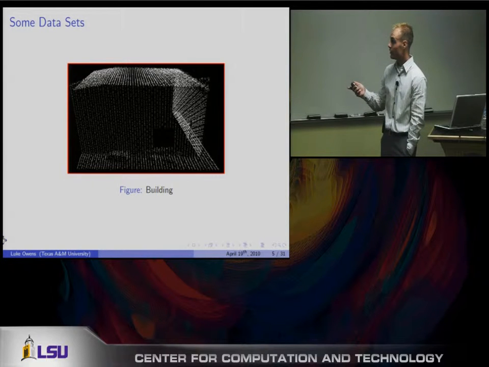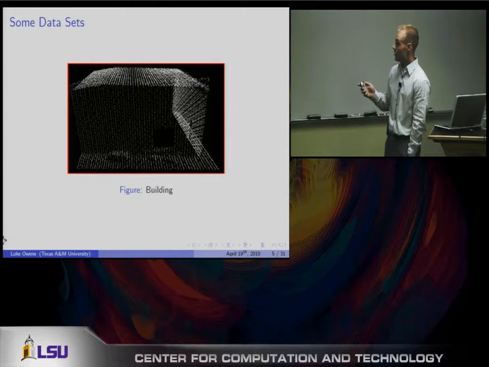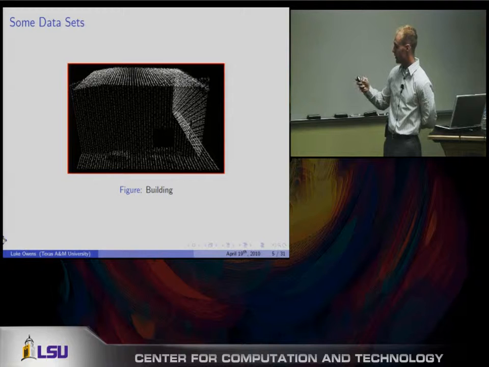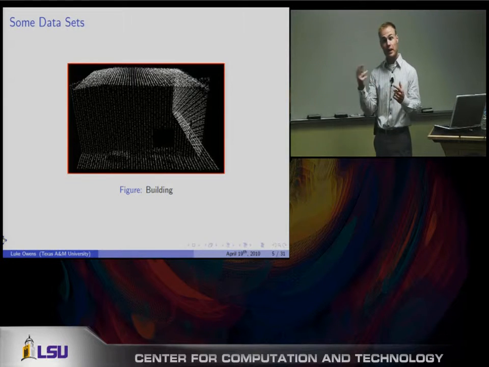Right? Another data set, this is what I've spent most of my time on, is a building. Again, not too bad. The human eye can make out that yes, that is a building. A couple problems: notice the scan lines. You can see the scan lines, so it's not uniformly dense in any direction. The LiDAR scan creates a scan line. There you can sort of see each individual line. So if you over-resolve, you start picking up these individual scan lines,